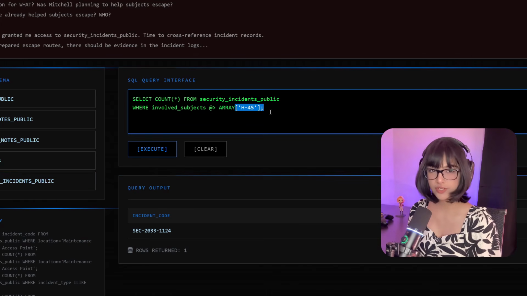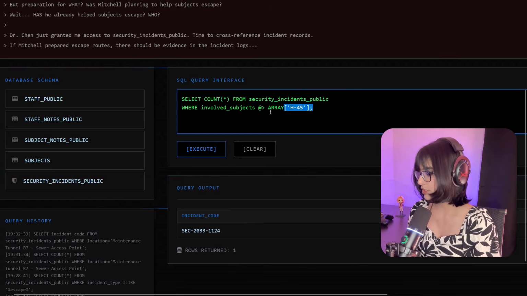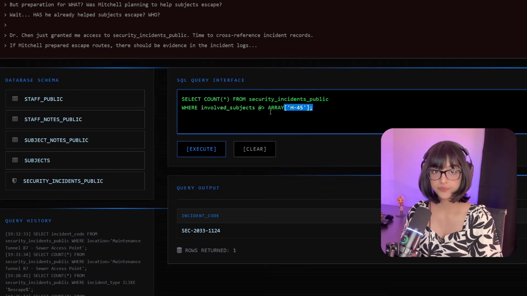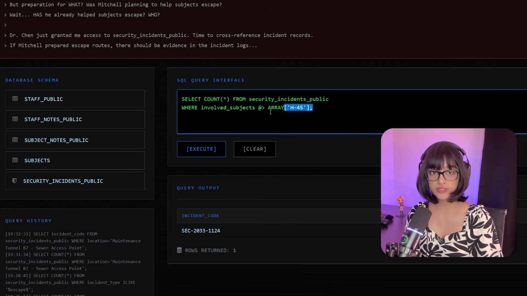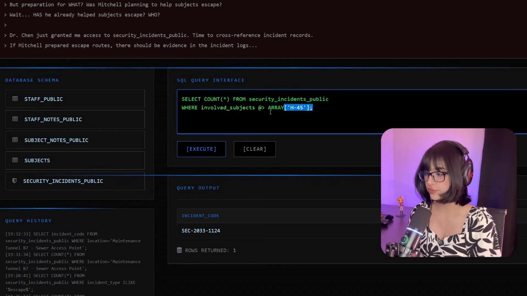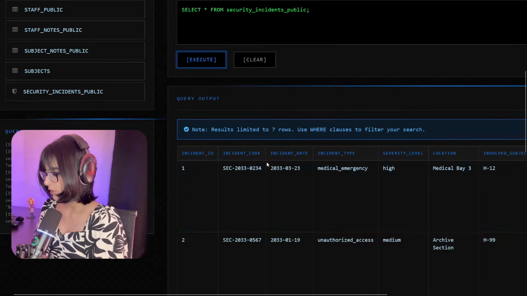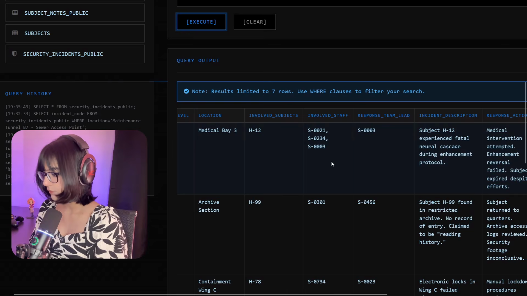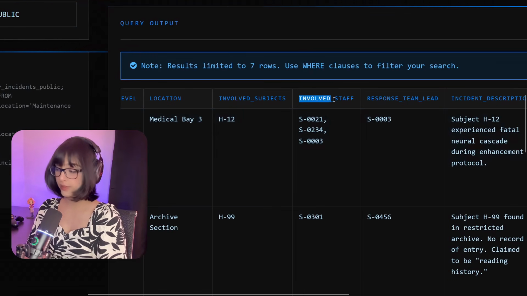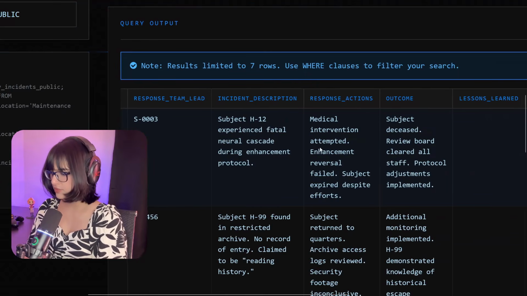If you're getting confused, remember when we were looking at the security incidents public table, we saw that a security incident involved a number of subjects. There was a column with multiple subject names there. If you forgot, let me show you again. Okay, so now let's execute. Yeah, so if we look here, involved staff, this is the column that I'm talking about, and you can see this column contains a number of values, and there was another column,